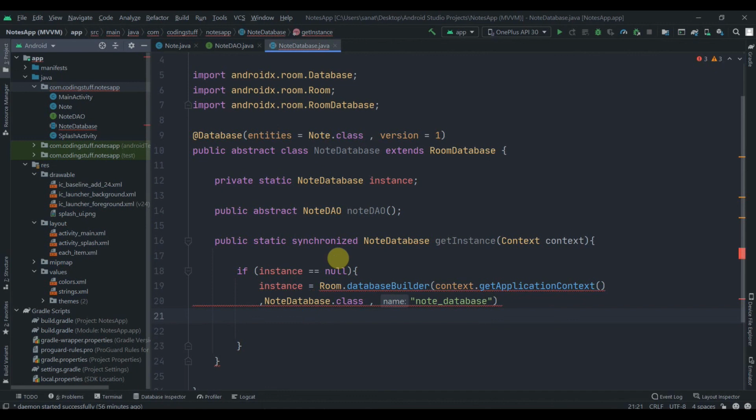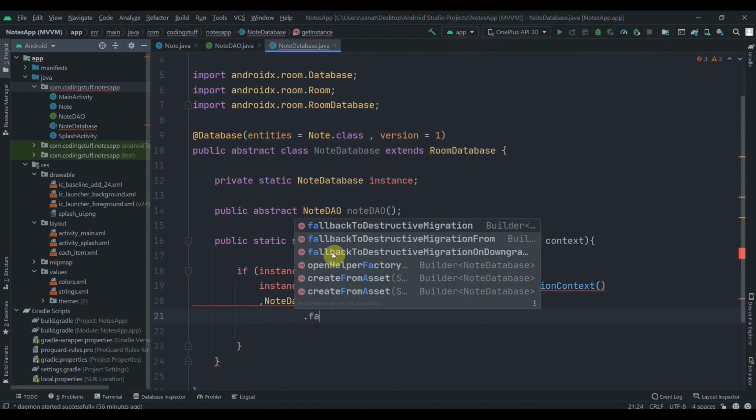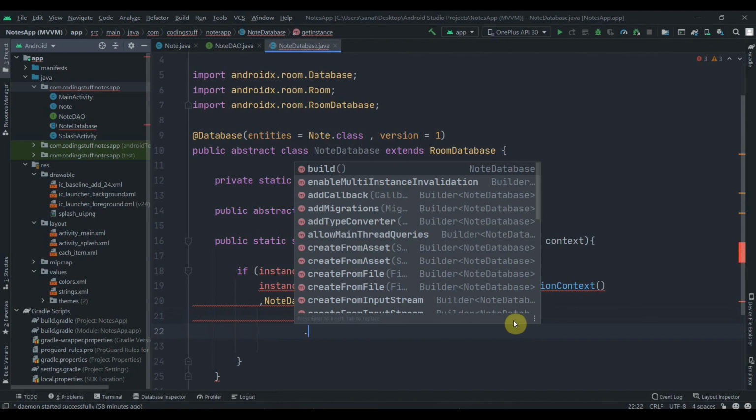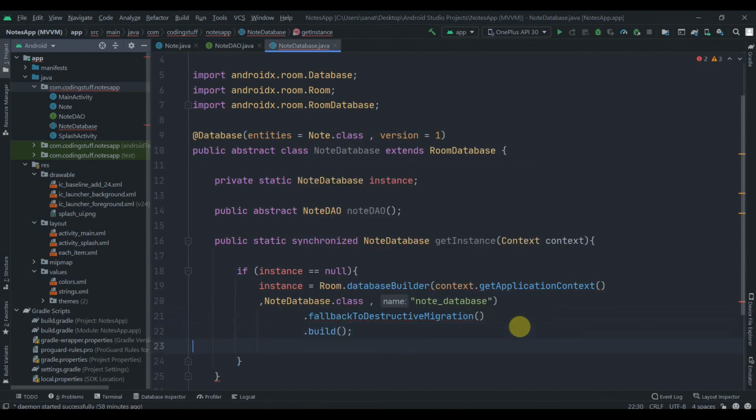So we have to add one line here, that is fallbackToDestructiveMigration. Fallback to destructive migration will avoid the crash if we try to update the version, and as our app is not in production, we keep the version as 1. So this will delete all the tables, and it will create a new database from scratch. And then we'll write .build() and then a semicolon.